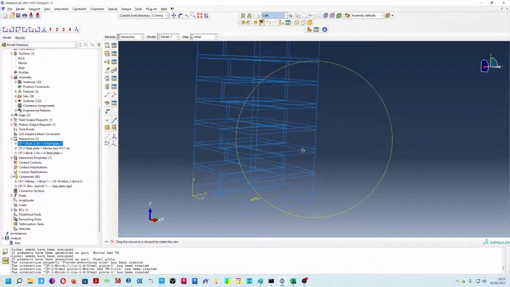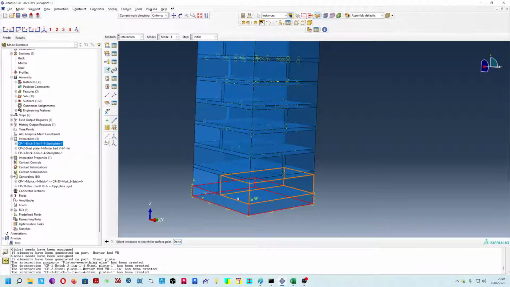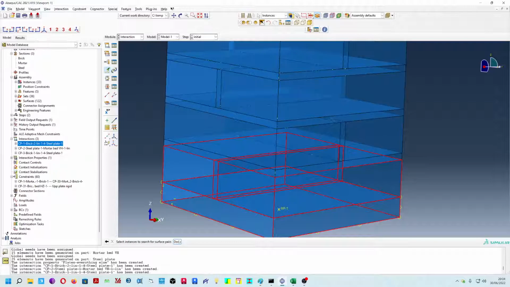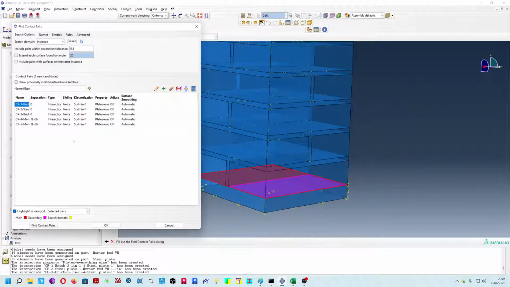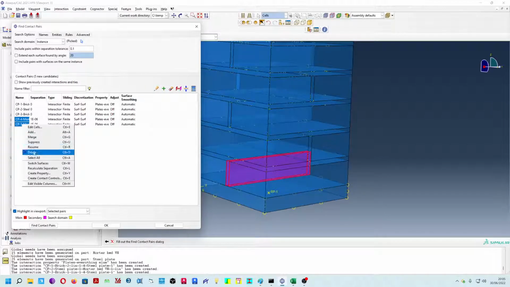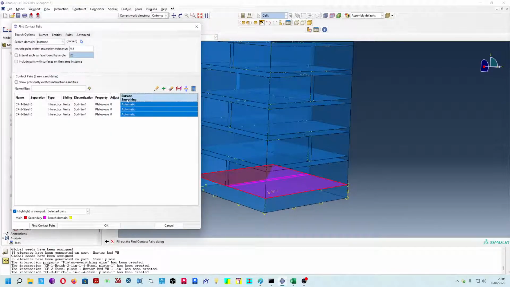Then we move here and we'll do the same. Find instances, pick the instances 1, 2, 3 and 4. Done. Find pairs 1, 2, 3, delete. Surface to surface, property plates, adjust, surface smoothing is okay, finite. Okay,